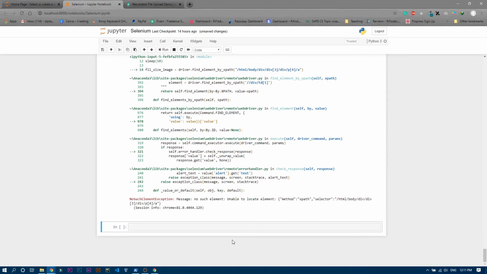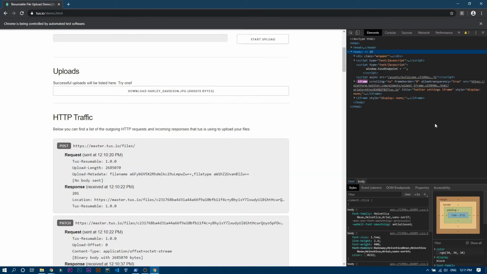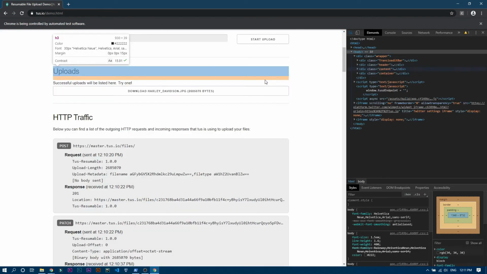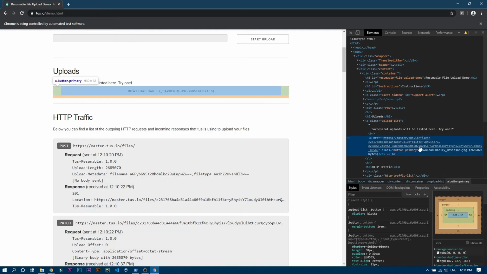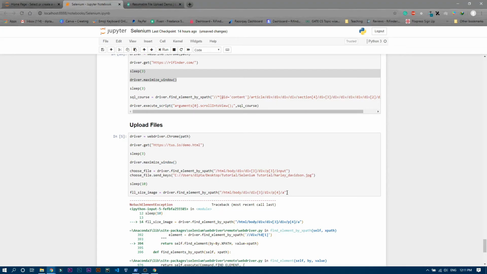So we have an error: unable to locate this path. Let's see why this is showing this error. Go to inspect and check the path. This one. Copy the XPath. Paste it over here.